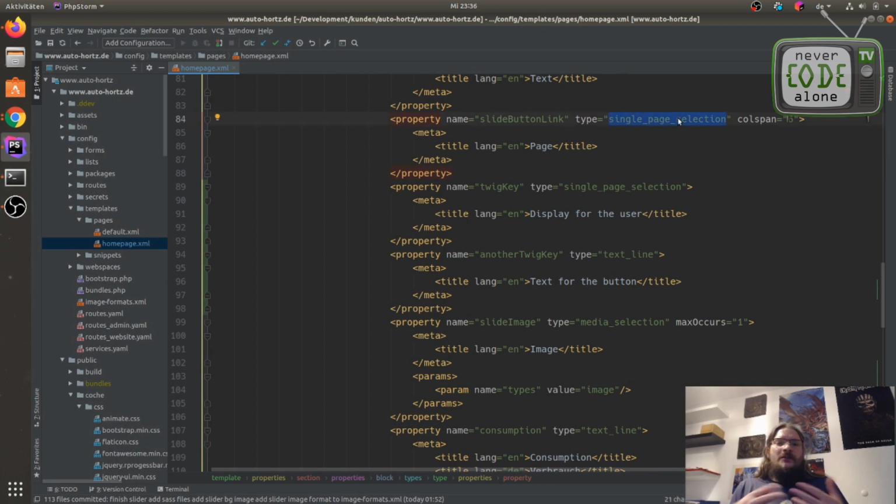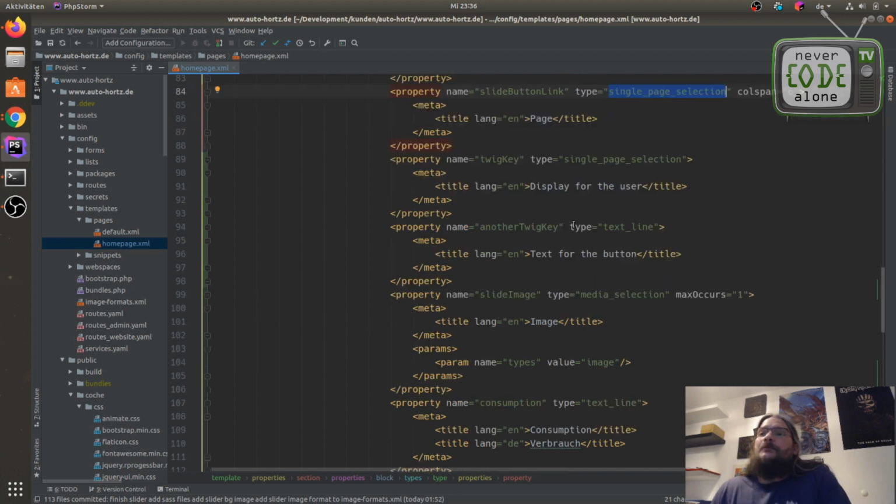This is a field where you can select a link to go directly here on the backend to a page. And you can imagine that you need single page selection and something like a text on a button, like buy it, or get more information, or contact, or whatever you want, to jump on the front end to the selected page.